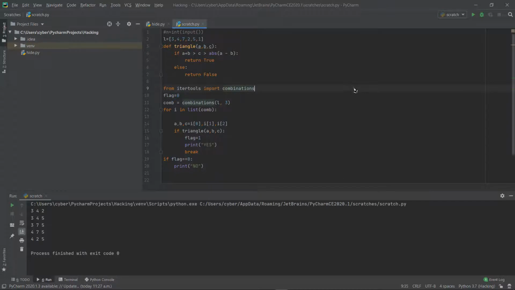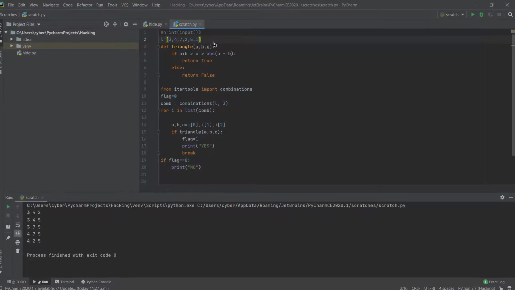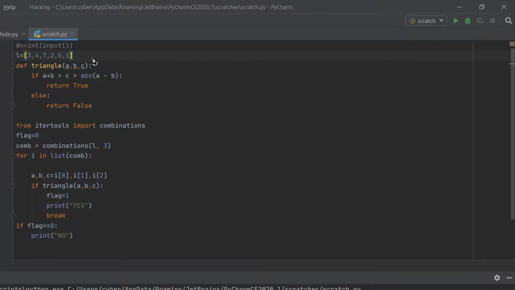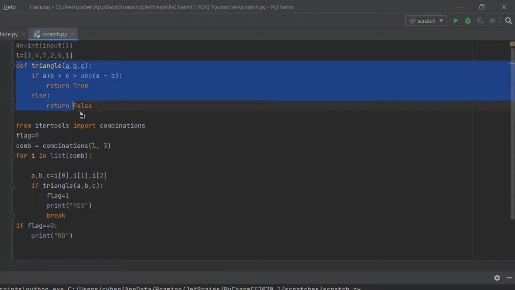So here you can see our code. First, this is our list L. We simply took the list and statically defined it. If you don't want to define it, you can just use input. I have made a video on how you can take input, but let's continue. So here is our list, and here we wrote our function of finding if the three sides sum up